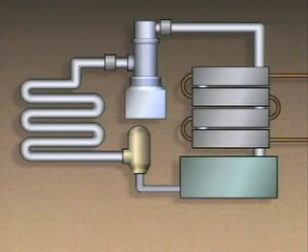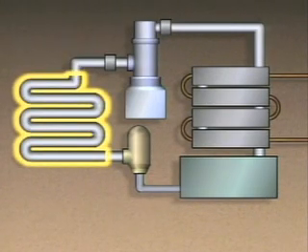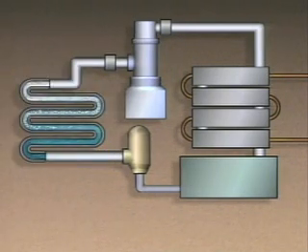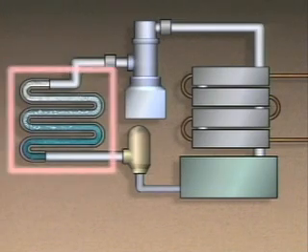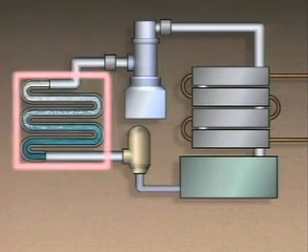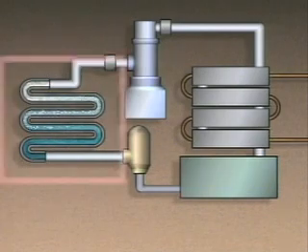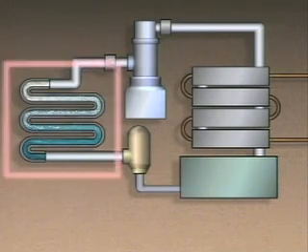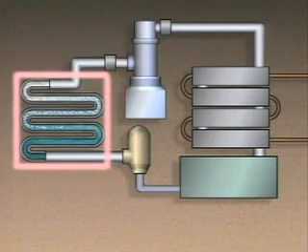Let's take a look at the components that are typically used to carry out these steps. In a vapor compression refrigeration cycle, the component in which the refrigerant absorbs heat is an evaporator. In the evaporator, the refrigerant evaporates or boils into a vapor. At the same time, the area around the evaporator is cooled. The evaporator draws heat from its immediate surroundings. This heat is transferred to the refrigerant because the temperature of the refrigerant is lower than the temperature of the